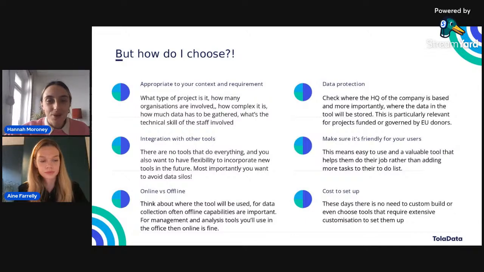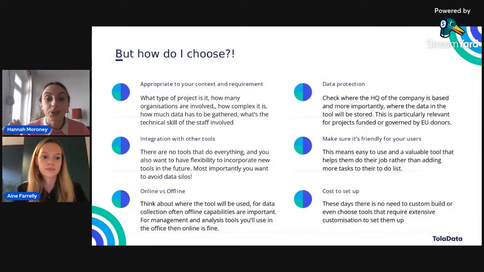Another very important factor is data protection, and I feel this is more important than ever. So you want to check where your data is being stored and the compliance with local regulations. For example, we're based in Germany, so in Europe, and we need to comply with the GDPR, and you'll need to check for your own locality.